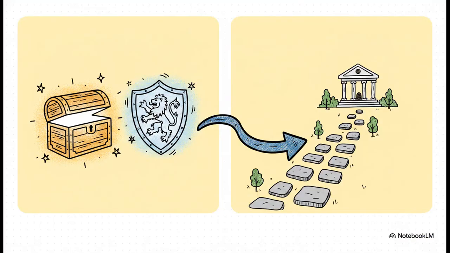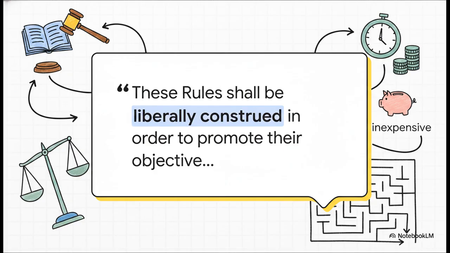So to really get this, we have to separate the legal world into two buckets, substantive law and remedial law. Think of substantive law as the thing that actually gives you a right, like, say, the right to claim damages if someone breaches a contract with you. But remedial law, specifically civil procedure, that is the actual playbook. It prescribes the exact step-by-step methods you have to use to enforce that right in a courtroom. Because honestly, you can have all the substantive rights in the world, but without remedial law, you literally have no way to exercise them.